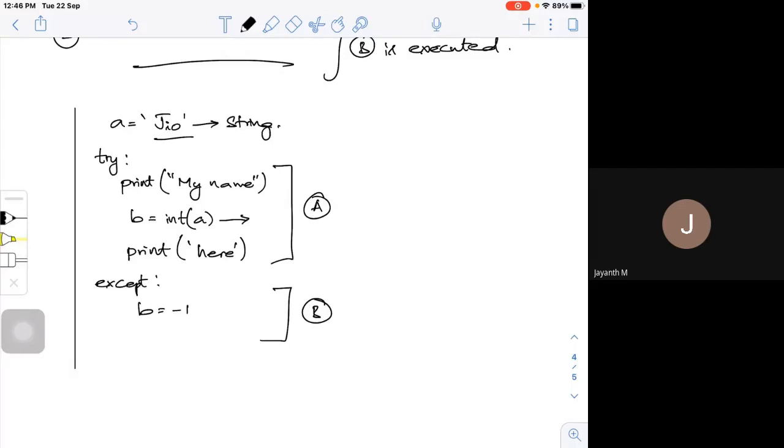If I would have given A is equal to some 10, say instead of this thing, even though it's a string, I can convert that string to integer, then A will definitely work. That means, see, for this condition, A is equal to geo, first it will try print my name, it will work. Then B is equal to int of A, trying to convert that string to integer.